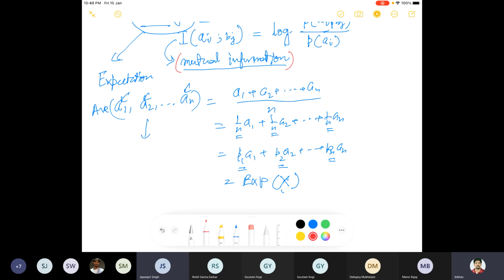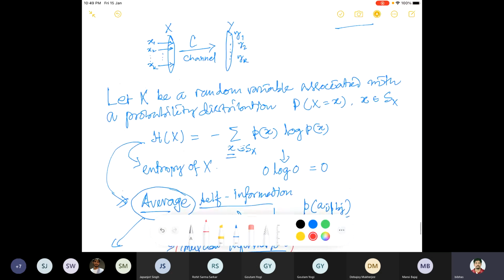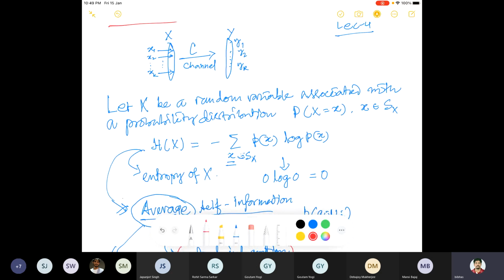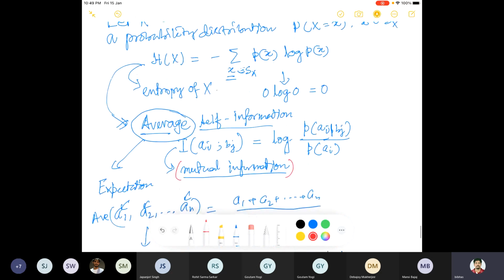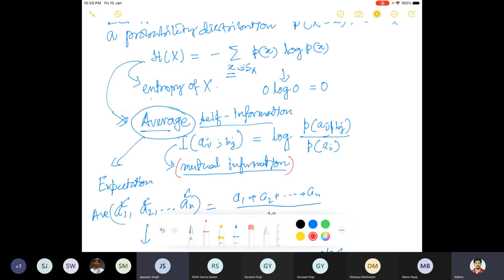So my doubt was different. I was aiming to ask, instead of saying average, can we say weighted average? No, wait, wait. Before you, somebody asked the question, right? Let me answer first, then you ask. Who asked the question the first time? You only asked? The question about the entropy of X? It is my question. So I'm answering his question, so let me answer him first and then you can ask.